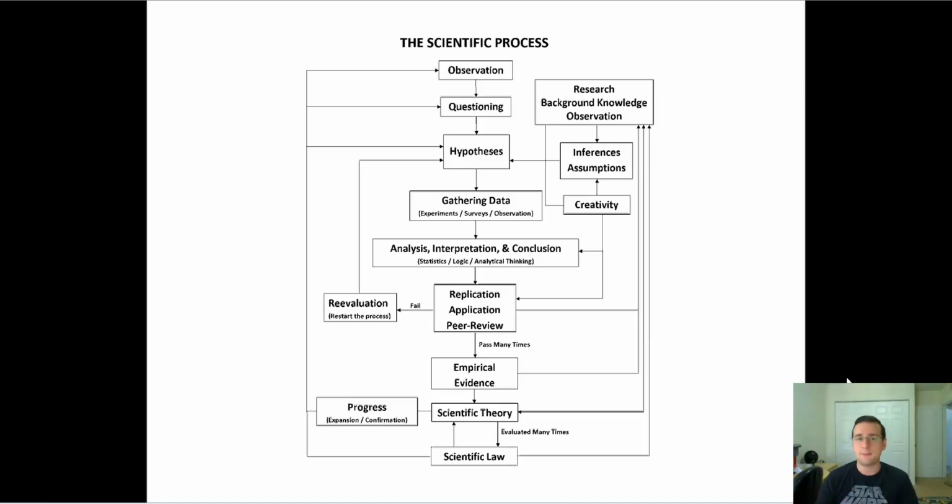But as this passes many times, it becomes ingrained in science. And we call that empirical evidence. And then it can become what we call a scientific theory. And this theory might actually lead to the development of new hypotheses or new explanations about the universe. And usually theories encompass several hypotheses about a phenomenon. Like, for example, evolution. A theory of evolution includes a lot of hypotheses about the way that life changes over time. And as these hypotheses continue to be tested by these processes, the theory grows and becomes more and more developed.